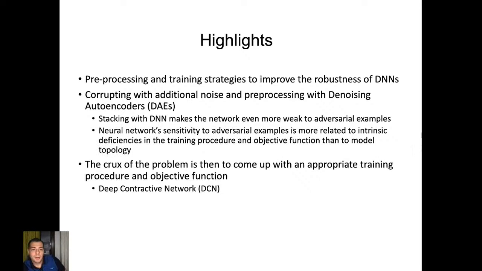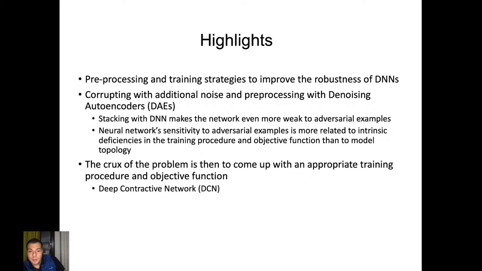Well, this is kind of a contradiction to the other paper, so they reached a different conclusion. Anyway, the conclusion is actually maybe just a premise for the approach they propose. They show that this approach looks more like a regularization approach, and does not actually give robustness to adversarial examples, or the robustness is not as high as expected.